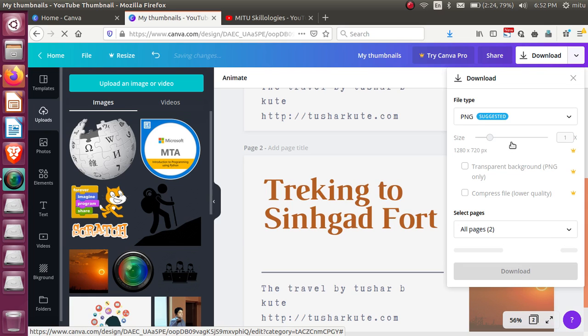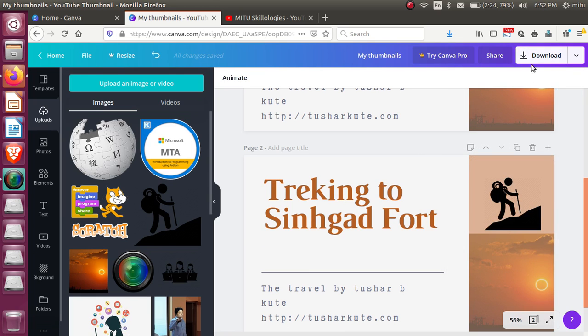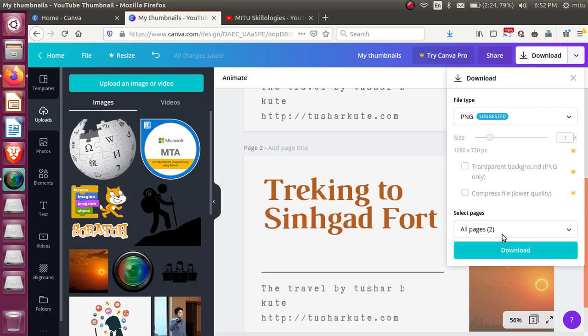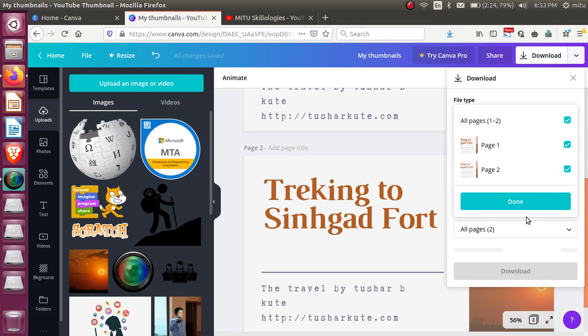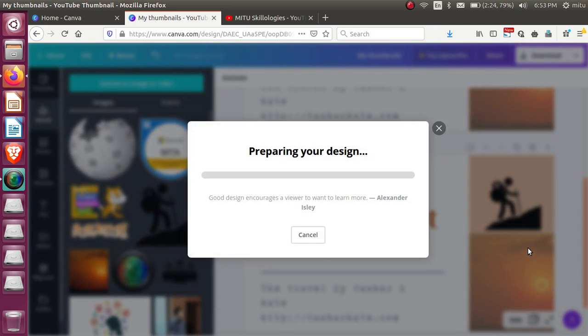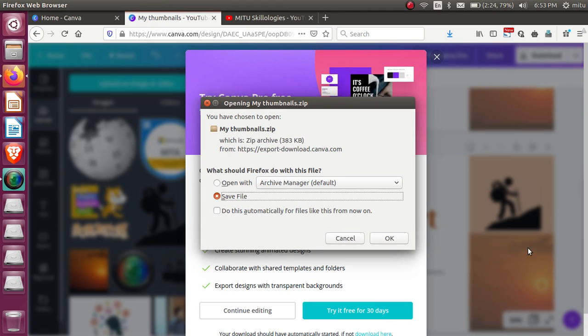Okay, fine. So when the design is ready to use, we can download it from the respective website here. Once this is completed and the design is ready, you can click on download, and both of these thumbnails can be downloaded from the respective location. So see this one. All pages, 1 to 2, done, download it. You just design as per your idea. So this is a very easy, handy and free tool available for us to use.